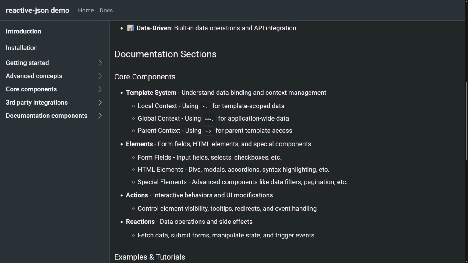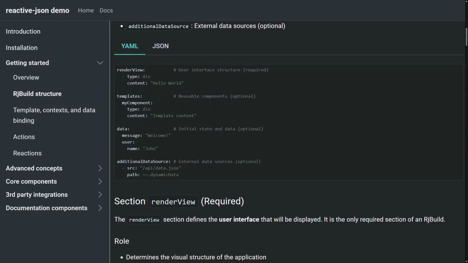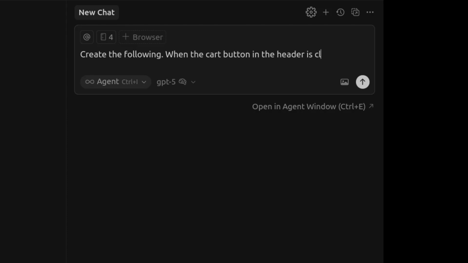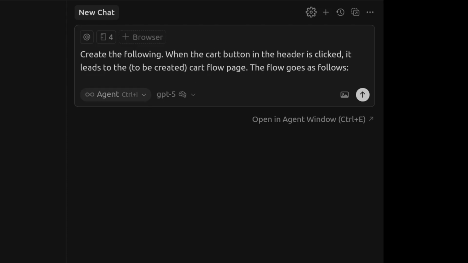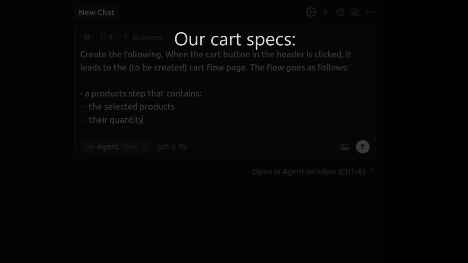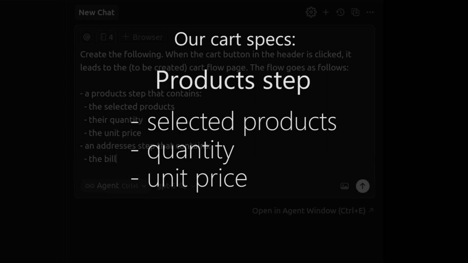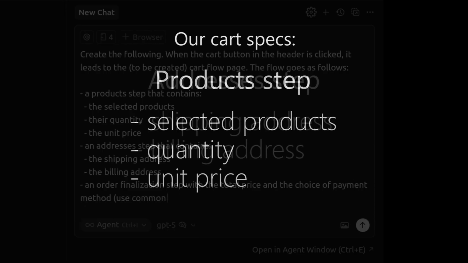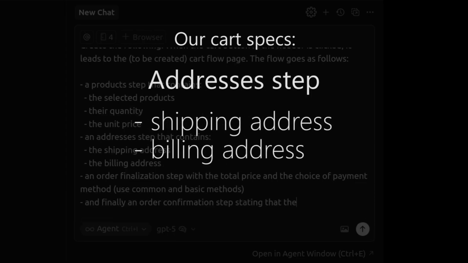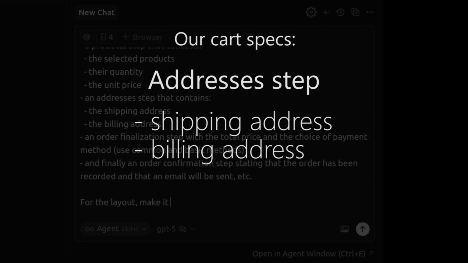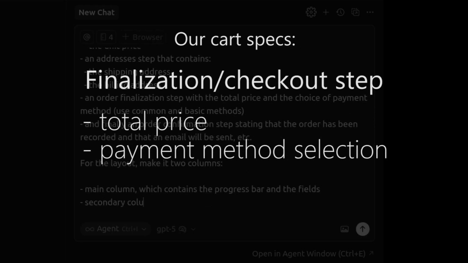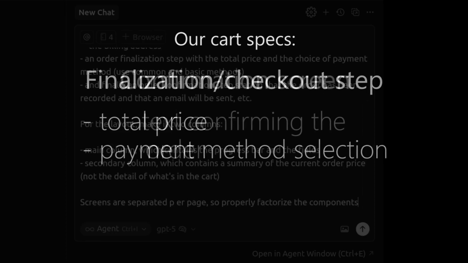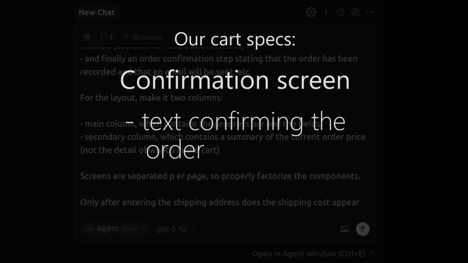Reactive-JSON is the library that turns your YAML into interactive components. Once your project is ready, ask your trusted coding assistant to scaffold the components for your cart flow. Typically, a cart flow includes a product step with selected products, quantity, unit price, an addresses step with shipping address, the billing address, a finalization checkout step with the total price and payment method selection, and finally, an order confirmation